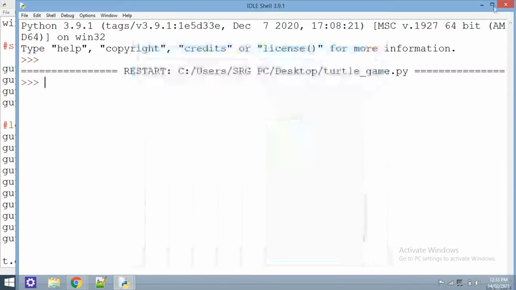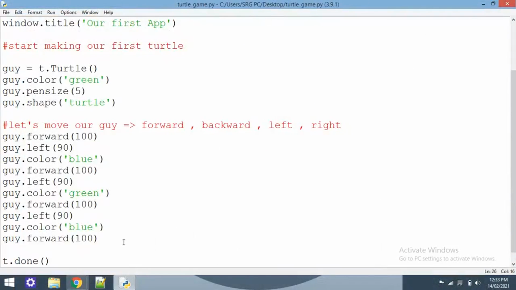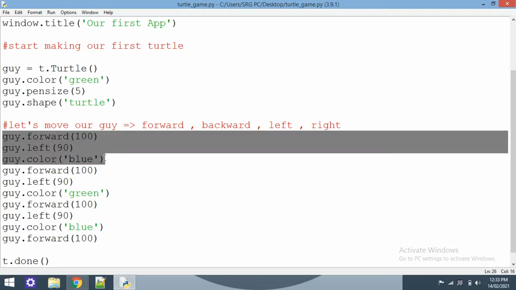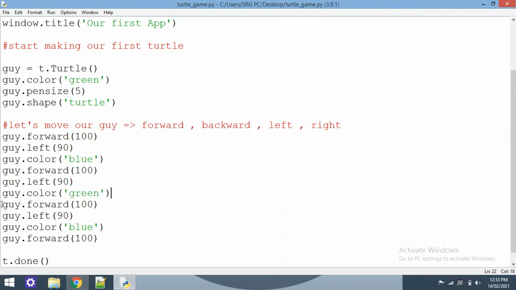Can we make it easier? Yes, we can make it easier. You can see that we have written the same commands again and again, up to 4 times. So let's make it easy.